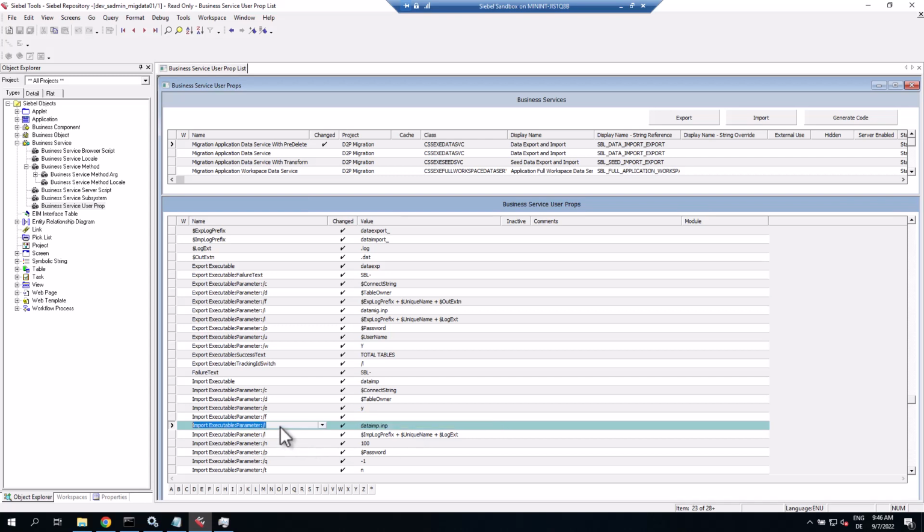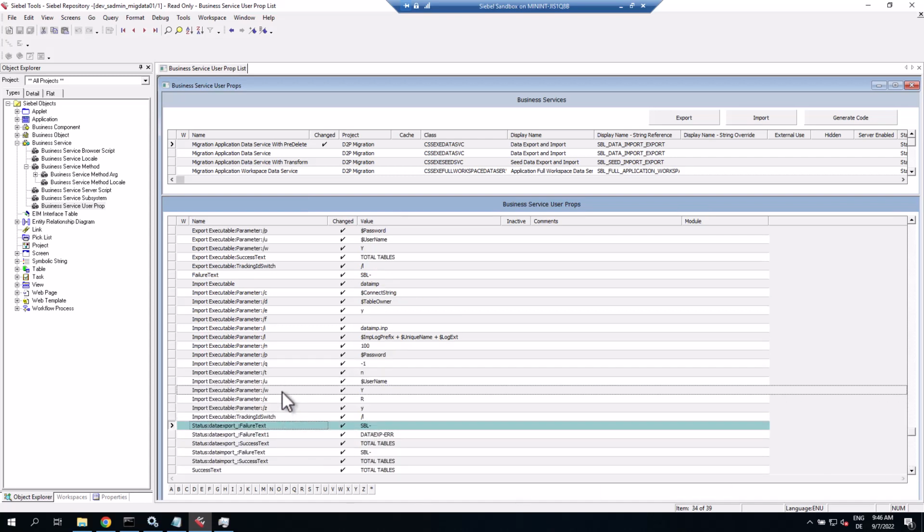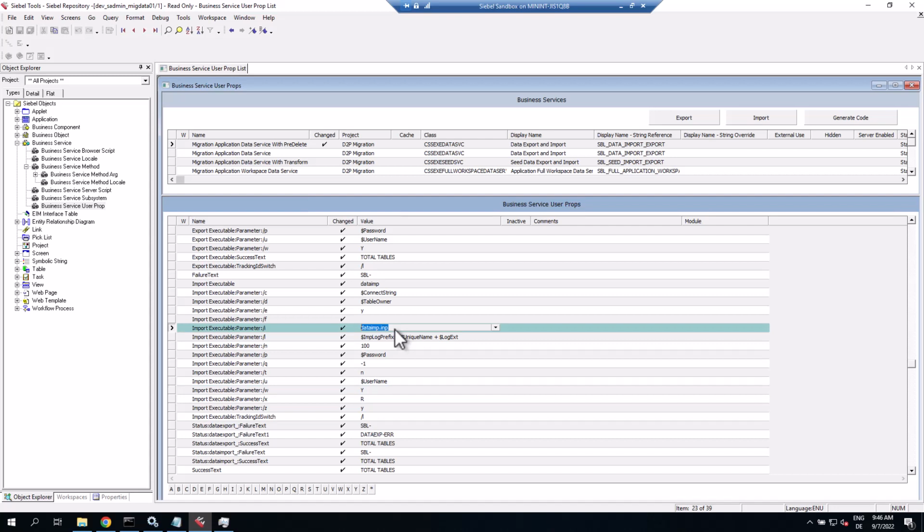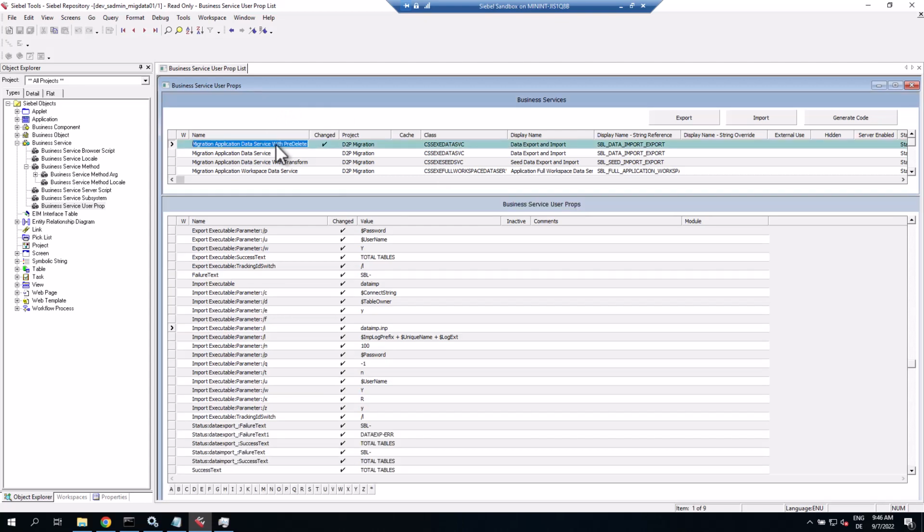So this is a new business service user property I added, and I modified the W parameter to yes. So read this file to know the where clause to delete records. So that's my new service. I tested it, I delivered it,